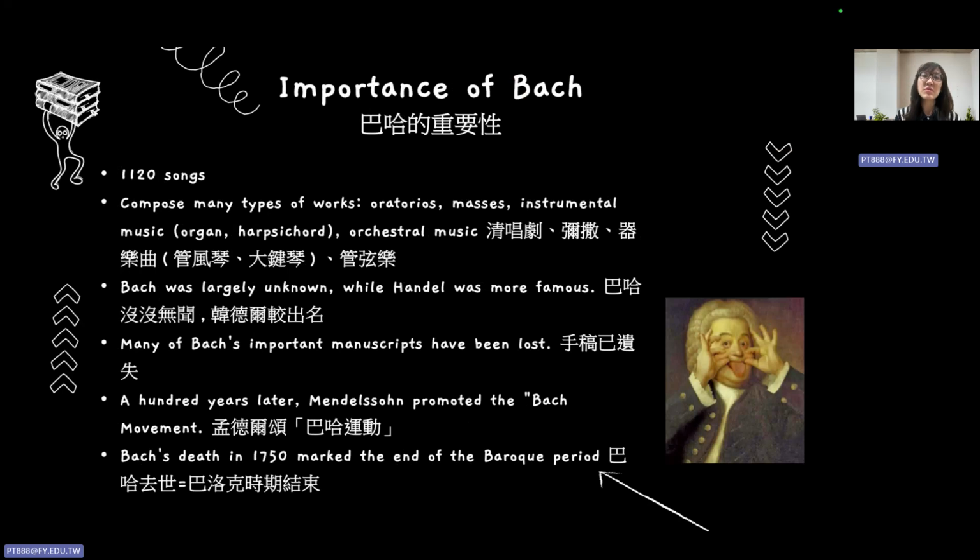Okay, so here comes the importance of Bach. He totally wrote 1,120 songs. He composed many types of works, such as oratorios, masses, and instrumental music, such as organ, harpsichord, and also some orchestra music. 做一些管弦乐作品. So Bach was largely unknown during his lifetime, while Handel was more famous than Bach. 那潘德尔相较之下，他其实非常出名。